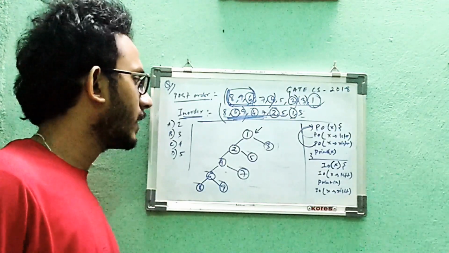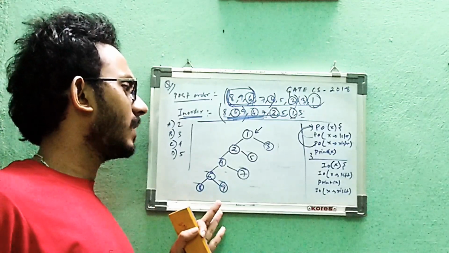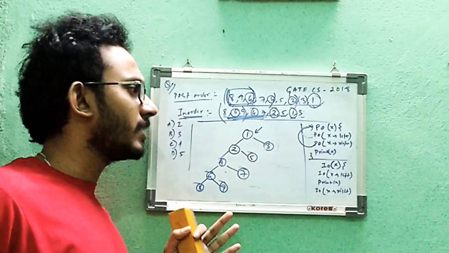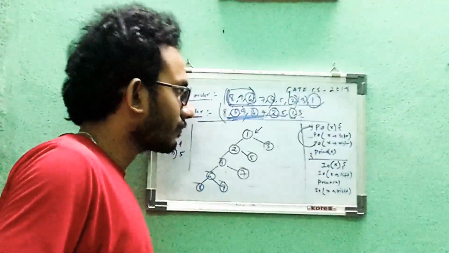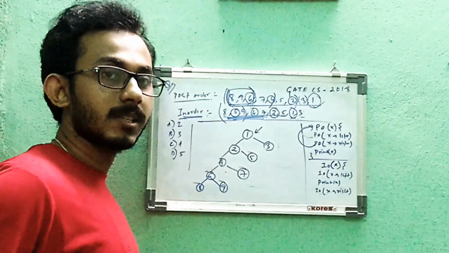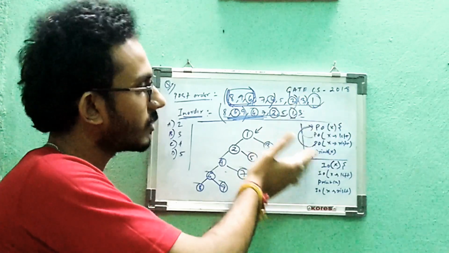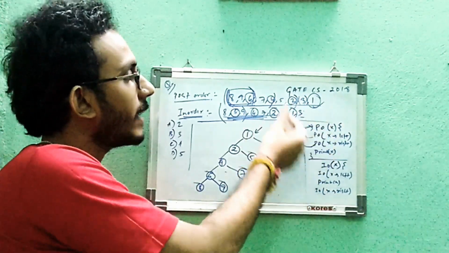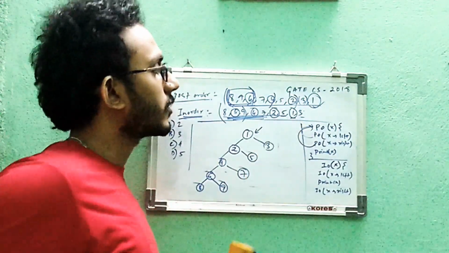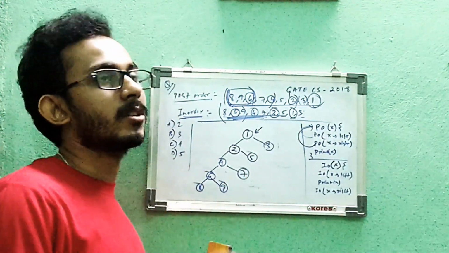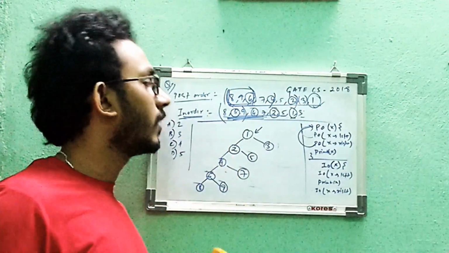Everything is covered, right? So if you follow one thing, this is the method I basically follow, and I believe this is the general method which is followed. So if you see one thing very clearly, I have used the algorithm in which the post order or the in order runs, and I have tried to find the position of the numbers, isn't it? Because this algorithm actually does the traversal and fixes the position of each node in the traversal. So I have backtracked the thing and I have found it out.